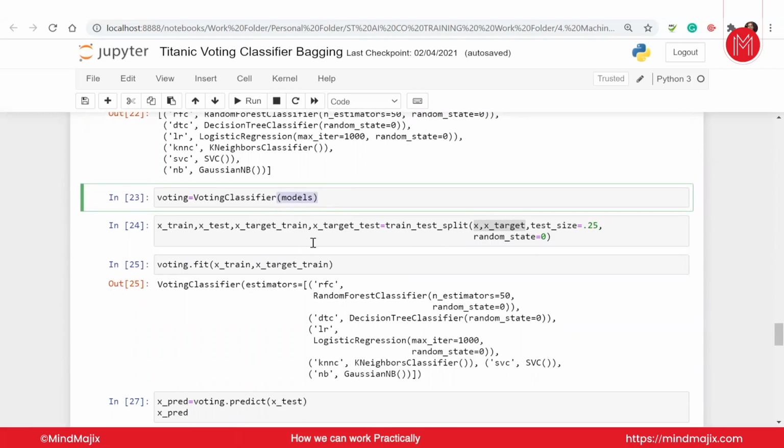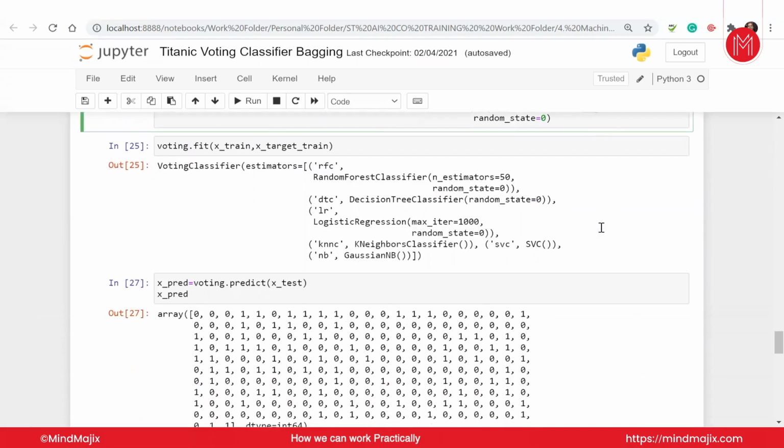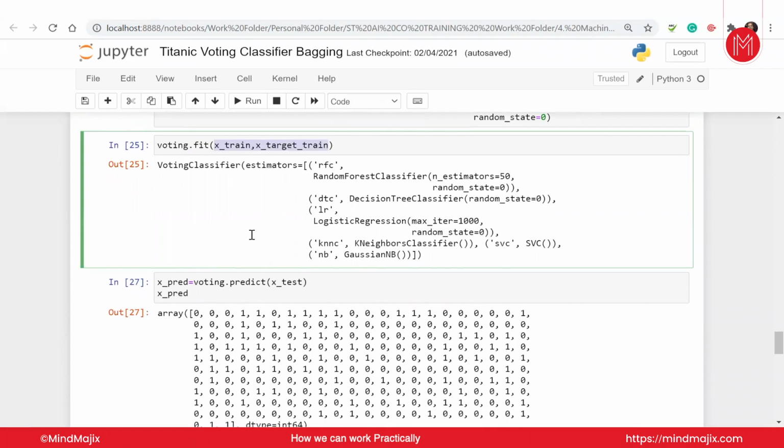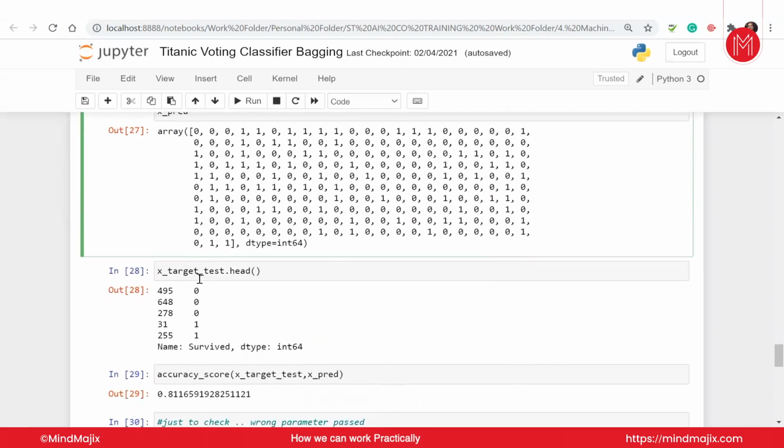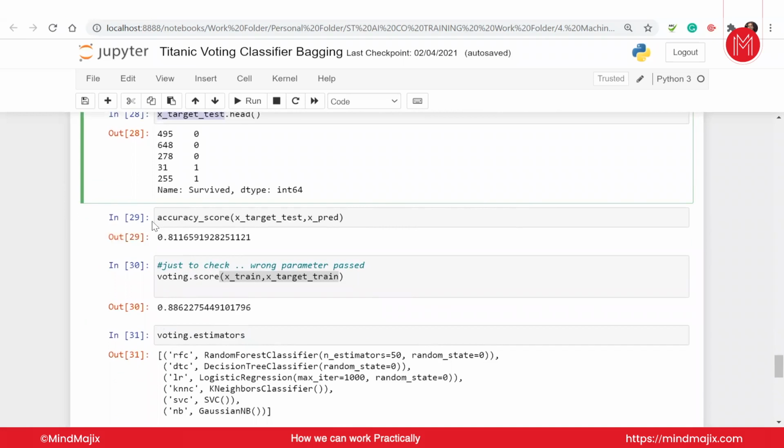Doing the train test split here, the train size is 75. I'm taking the test size as 25. So that will be my size and I'm moving forward with that. Fitting my data, the independent columns 75%, in my voting classifier where each model will train from it. Then I will predict the output from the test 25% data and this is my predicted value that I'm getting. Going to compare it with the y target test, which is the remaining 25% of the data of the survive column. Now, checking the accuracy here by giving the target test and predicted values, I'm getting an accuracy of 81.